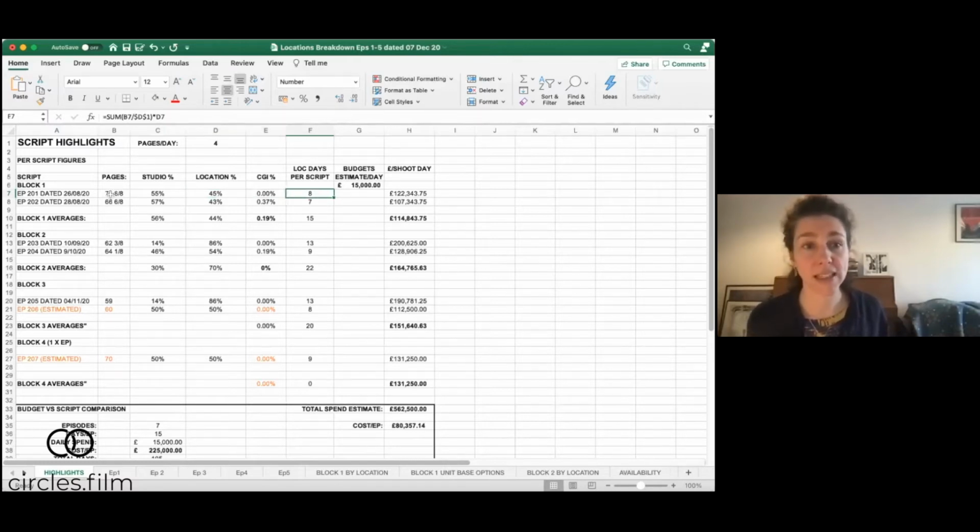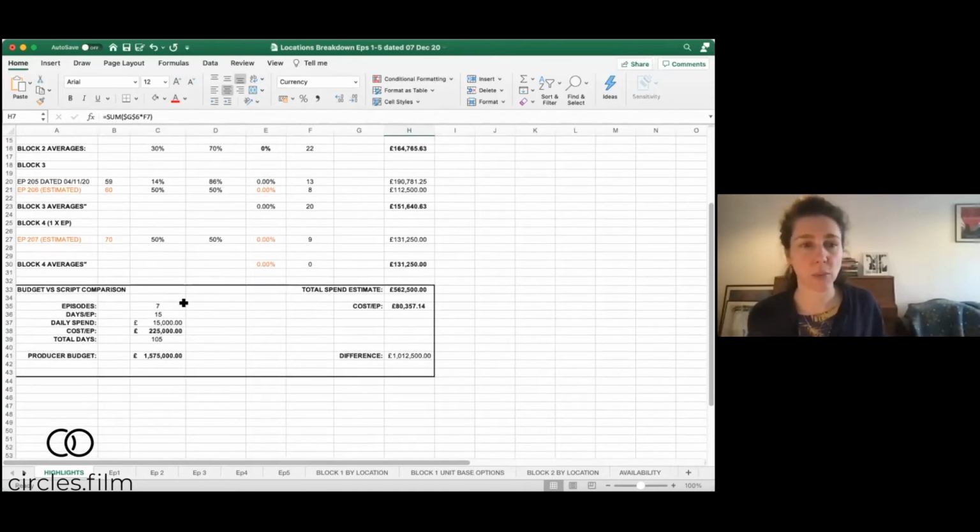So from this, your location days per script, you've worked that out by dividing the total number by your pages per day up here, and you've created this estimate of how much it's going to cost to shoot per day, and then you can average out how much it's going to cost by multiplying your number of location script days, this one, by your estimated shoot per day. And that's essentially what's happening all across each row of this document,